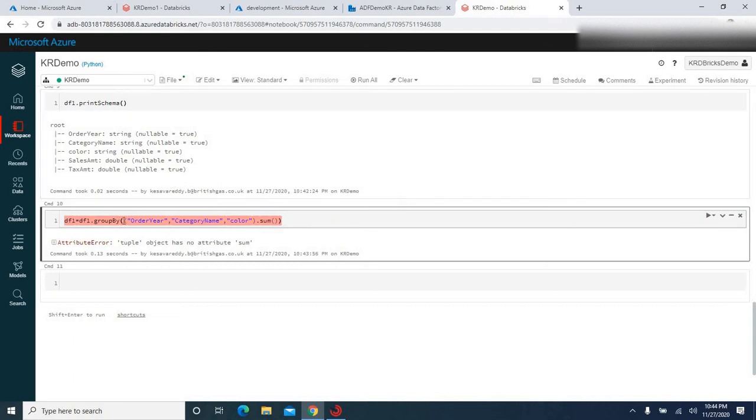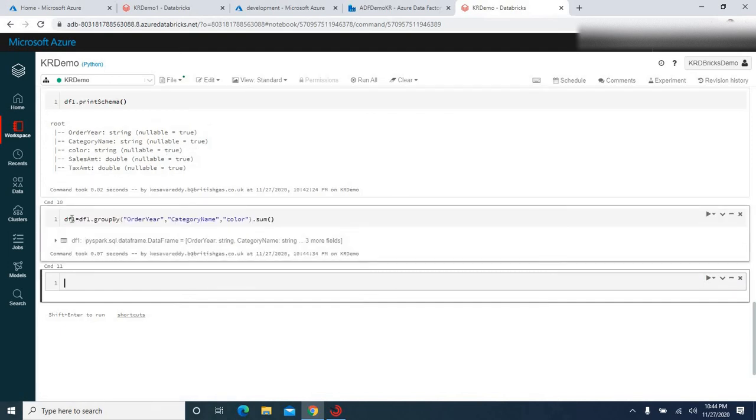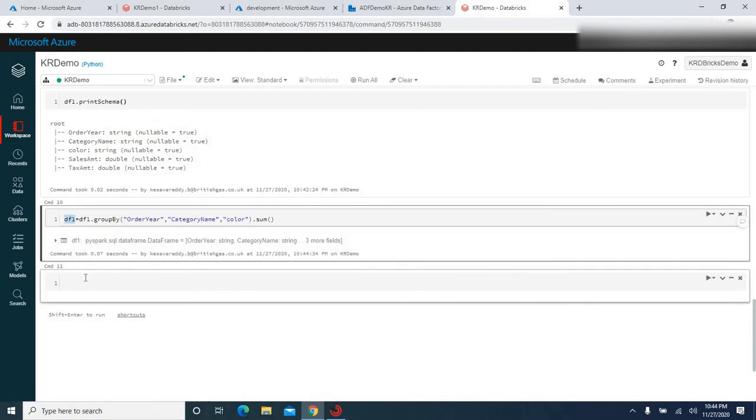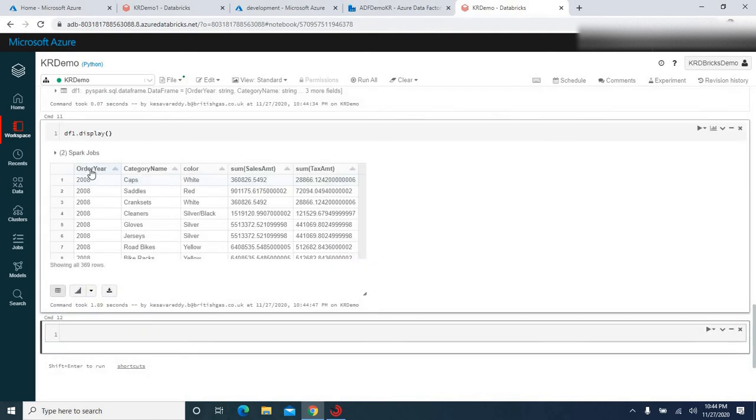Alright, we don't want this extra parenthesis, that's okay. Group by these columns, that's it. Alright, there is data frame created and also data has been grouped. So let me go for display. Alright, now we got data grouped with the required columns, order year, category name and color, and sales amount and